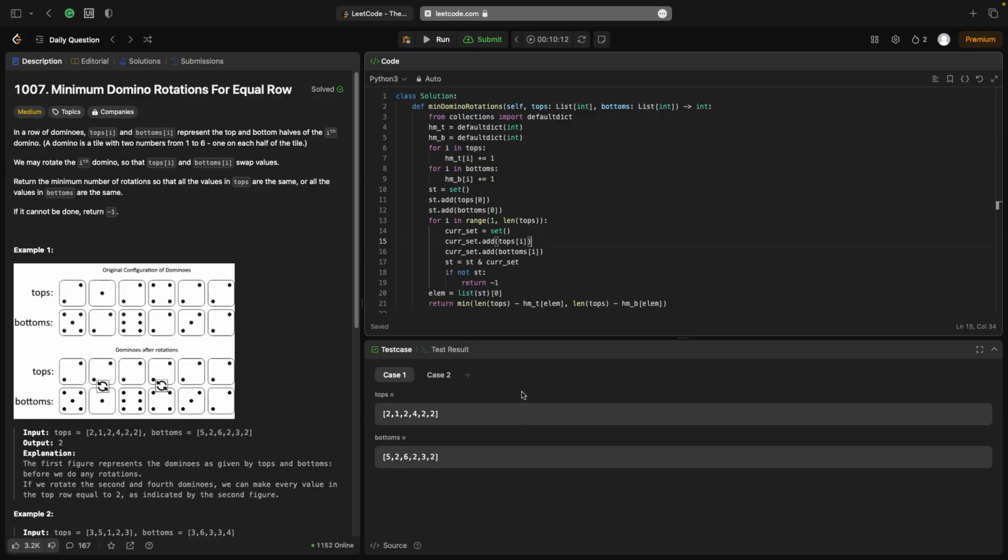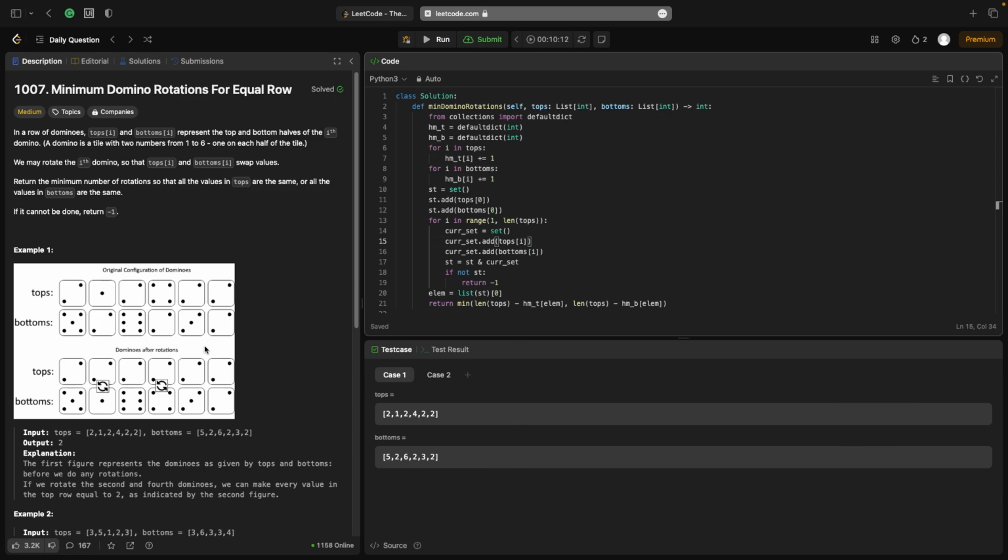So today we'll be going through the question, which is minimum domino rotations for equal row. So the idea is as follows, right? You're given two rows of dominoes, each containing dice with values from 1 to 6, right? The idea is to identify the minimum number of rotations such that a row has the same value across all